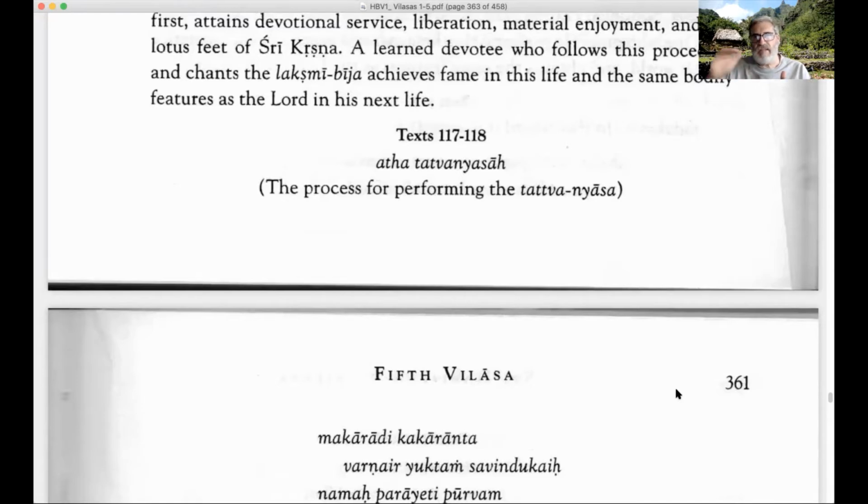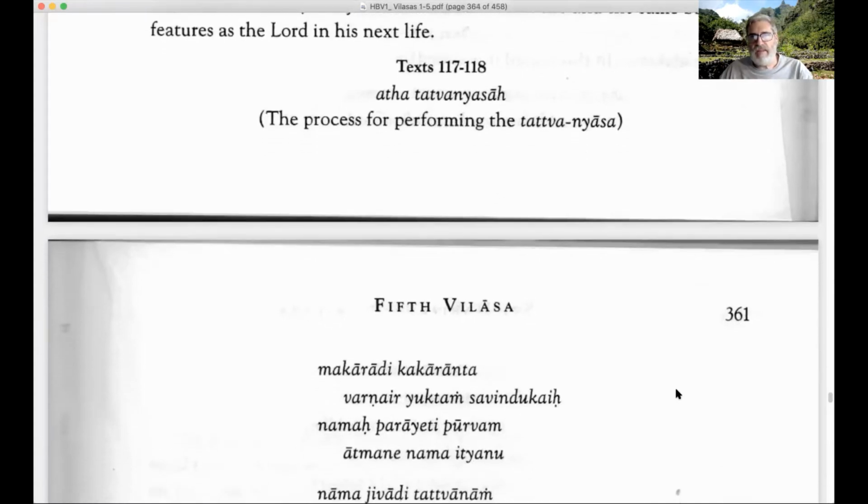Tattva Nyasa. Tattva means a principle, a particular principle, or a particular category. So now we're going to get the process of performing Tattva Nyasa.